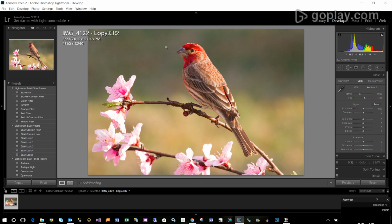Next I'm going to look at the highlights of the image. If you look over here, right here's the Basic tab over here to the right. What you'll see in the color tab underneath that is your tone, your highlights, your shadows, the whites, the blacks, the clarity of the image, the vibrance, and the saturation. So I'm going to spend a little bit of time here. First of all, I think